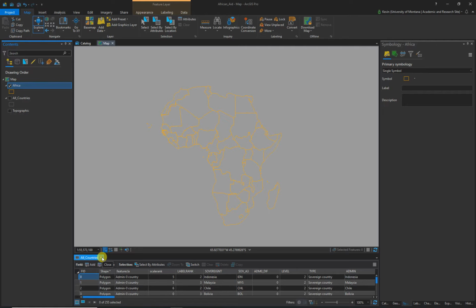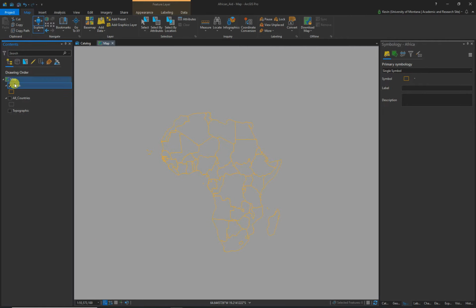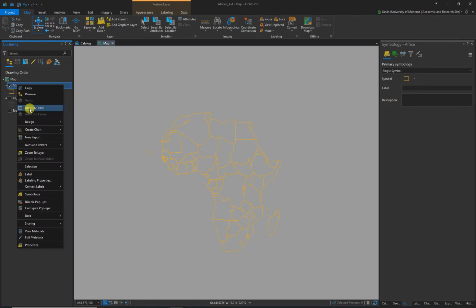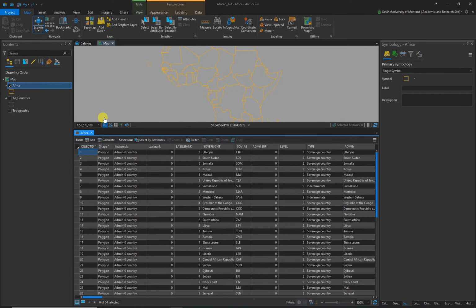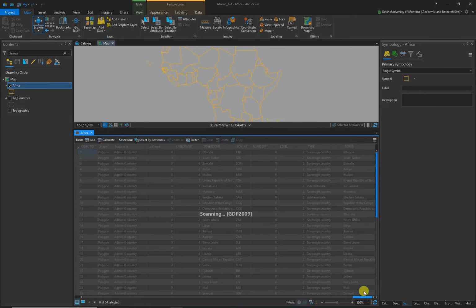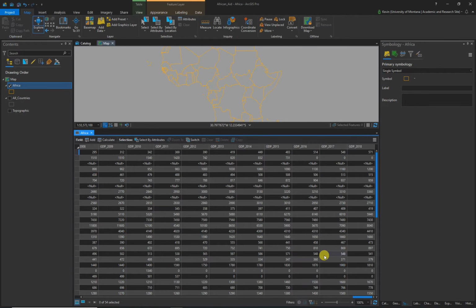This is the all countries attribute table. That's not the one we want to look at. Let's look at Africa and look at the attribute table and just check and see if our join worked. So if we scroll over, come on, work with me. There we go. There we go. So we've got GDP for the years. There's a few nulls, so if we go back to country,